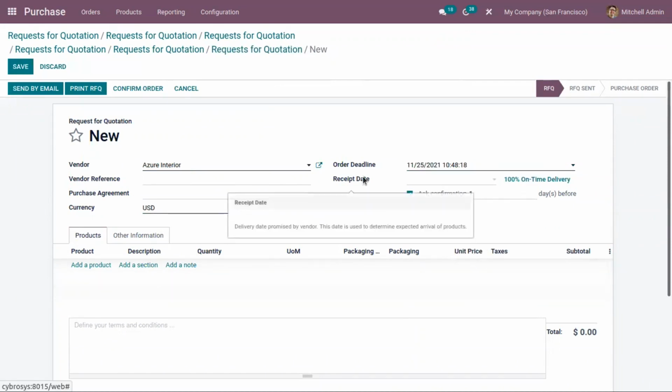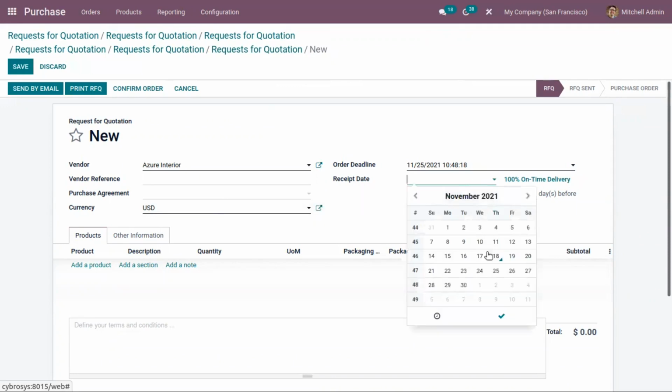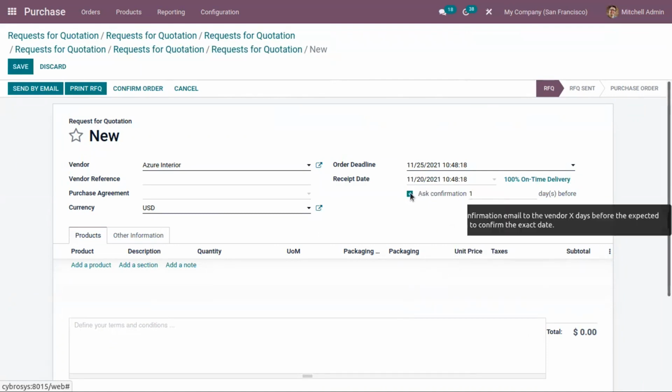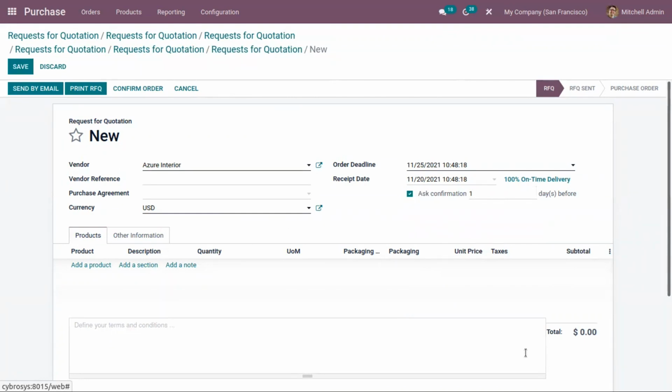The receipt date is the delivery date promised by the vendor. So it is a date that is used to determine the expected arrival of products. And after setting the receipt date, we can send a confirmation email to the vendor some days before the expected receipt date, and we can ask them to confirm the exact date.